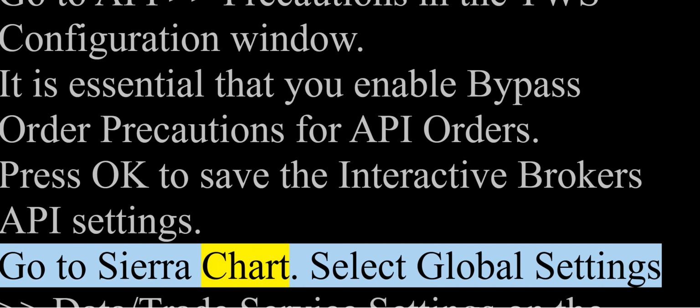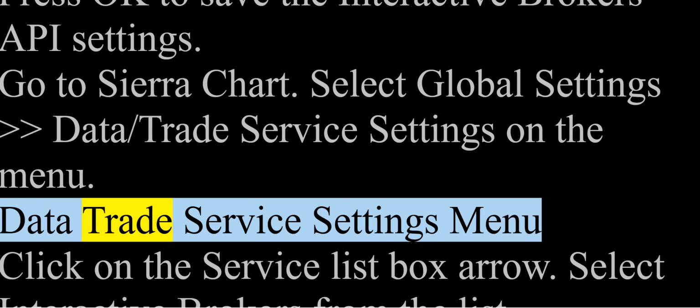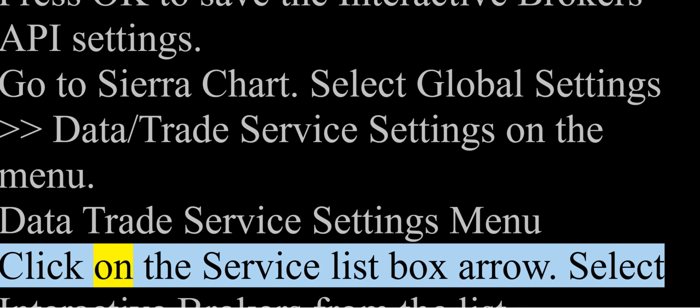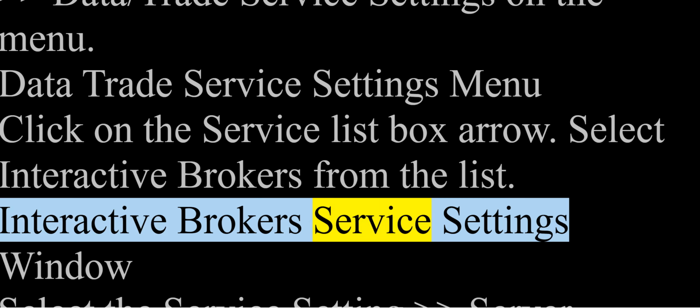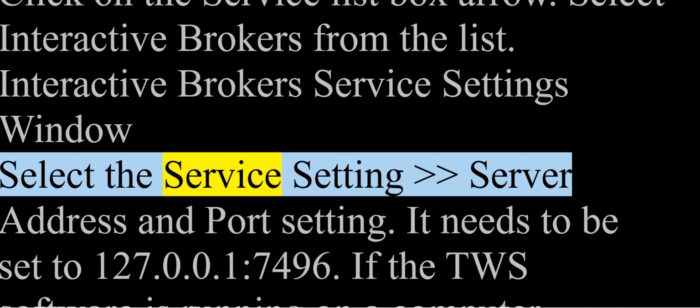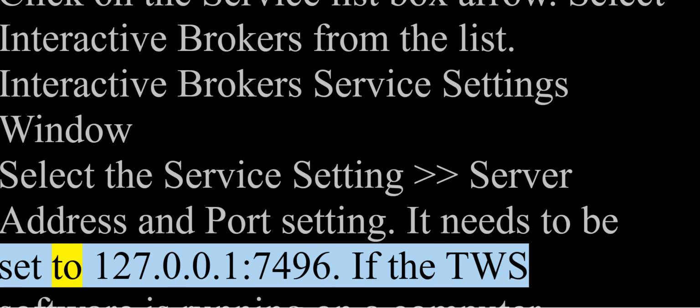Go to Sierra Chart. Select Global Settings, Data/Trade Service Settings on the menu. Data/Trade Service Settings menu. Click on the Service List box arrow. Select Interactive Brokers from the list. Interactive Brokers Service Settings window. Select the Service Setting, Server Address and Port setting. It needs to be set to